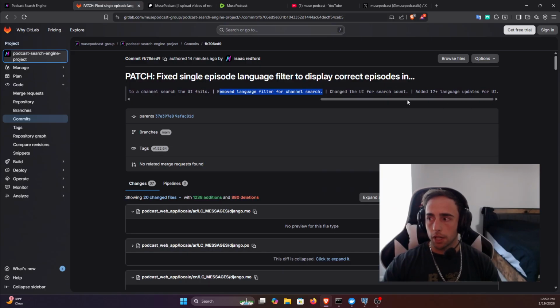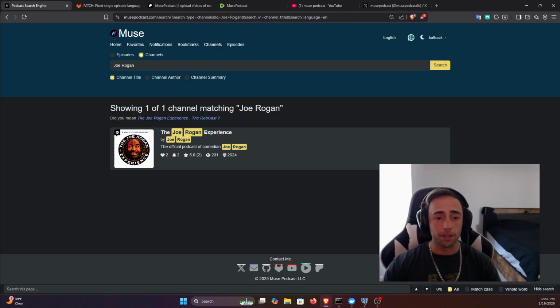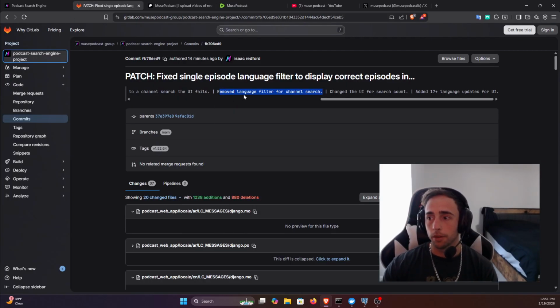Change UI for search count. Yep. And then update it for all 17 languages in the HTML. That's been done. All right, that is it for the day. Nothing else. It was a pretty quick update, a lot of patches,